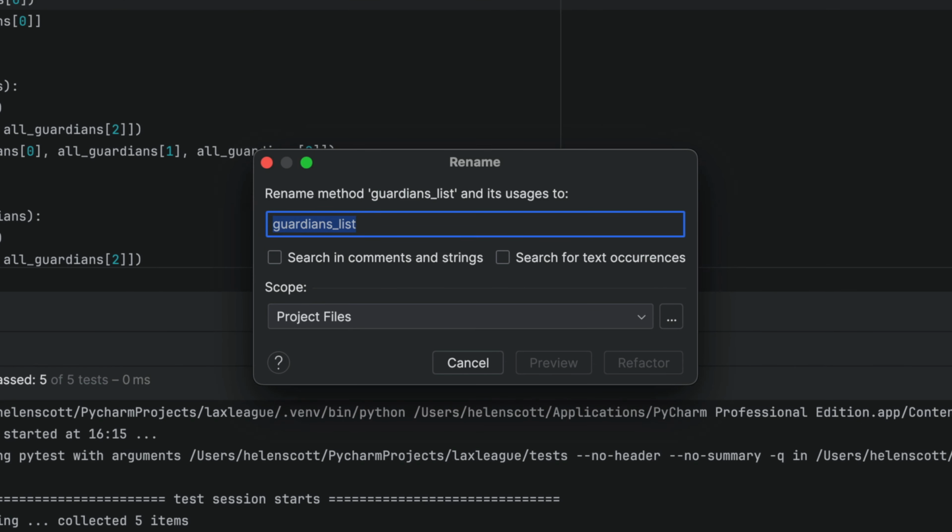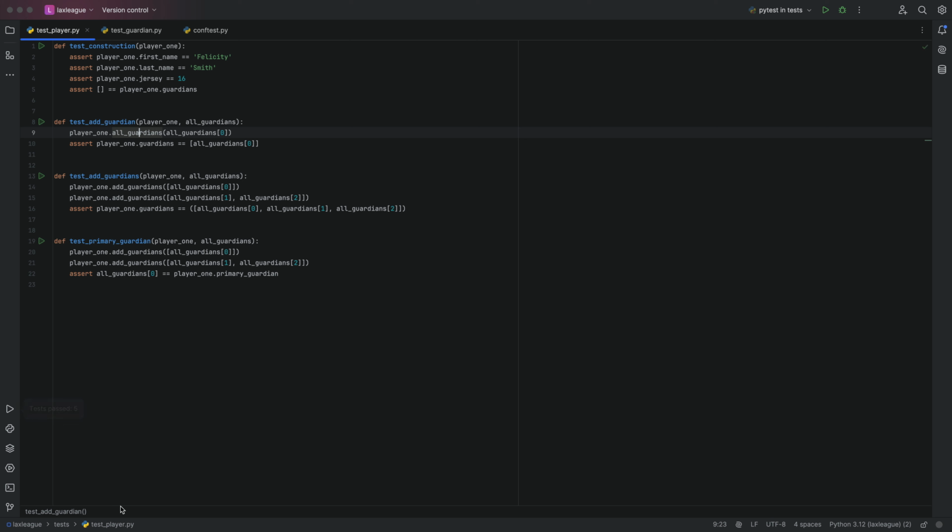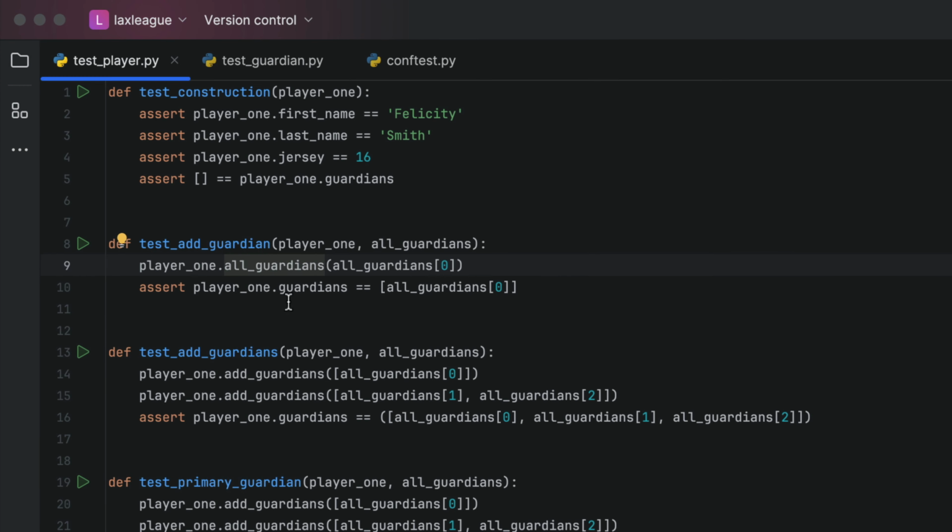I'm going to rename it to all_guardians. We can even do that from a usage like here. Refactor rename again, so Shift and F6. When you press that twice, you'll get all the options like you can see here. I'm going to call it all_guardians, and then I'm going to click Preview. Now I can get a preview of which files and code specifically the refactor will change. I'm going to go ahead and do that refactor,